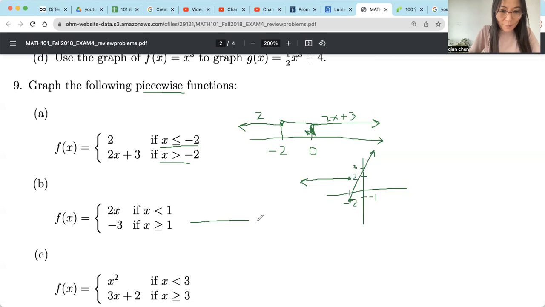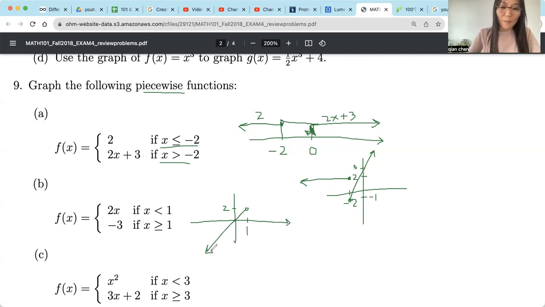Similarly, for graph of B, let's identify 1. So let's see, 1 is here. If x is less than 1, that's 2x, right? If x is 1, that's 2. So we make an open circle. Let's see, this is 2. We make an open circle at x equals 1. And if x equals 0, 2 times 0, that's 0, right? So that's this point. So the graph less than 1 is just this graph,